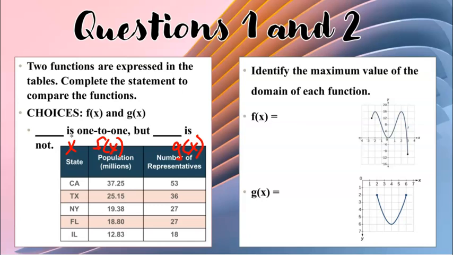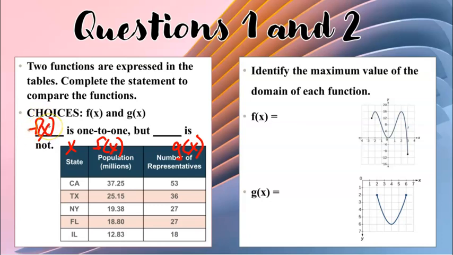If I just look at the population and the states, each state has exactly one unique population, so that is a function. Now if I go the other direction, the population to the state, each one of these populations has exactly one state matched up with it. So we would say that f of x